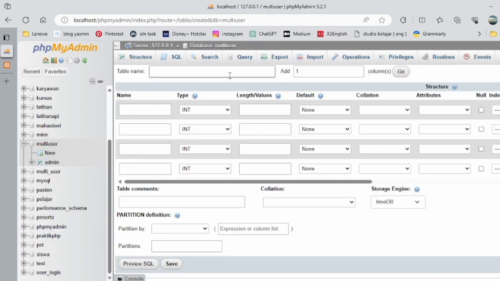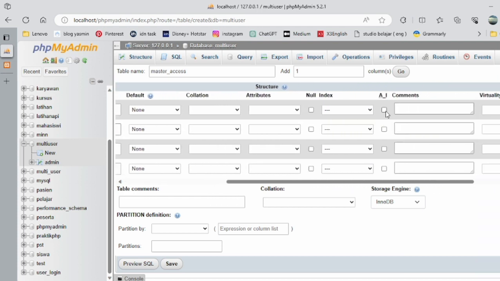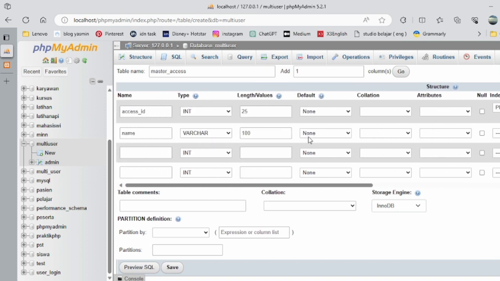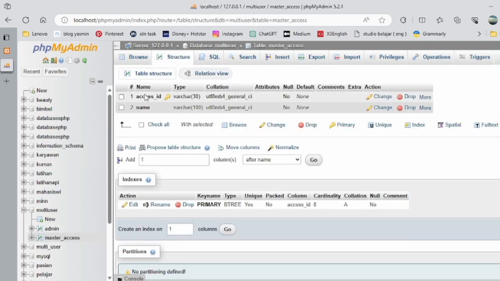and then the table is master access, like this, and we're just gonna fill the two. This is the access_id, and it's integer, and the length is 25, and this is for name. It's varchar. You can fill that with 100, and you can click this as usual, and we just add 2. You can save, and if it's done, you change this type into varchar, and then you can insert